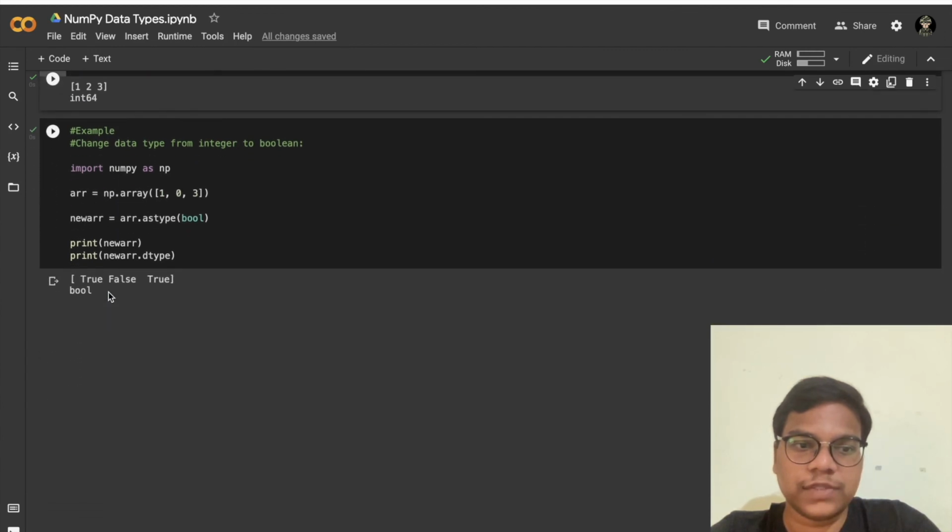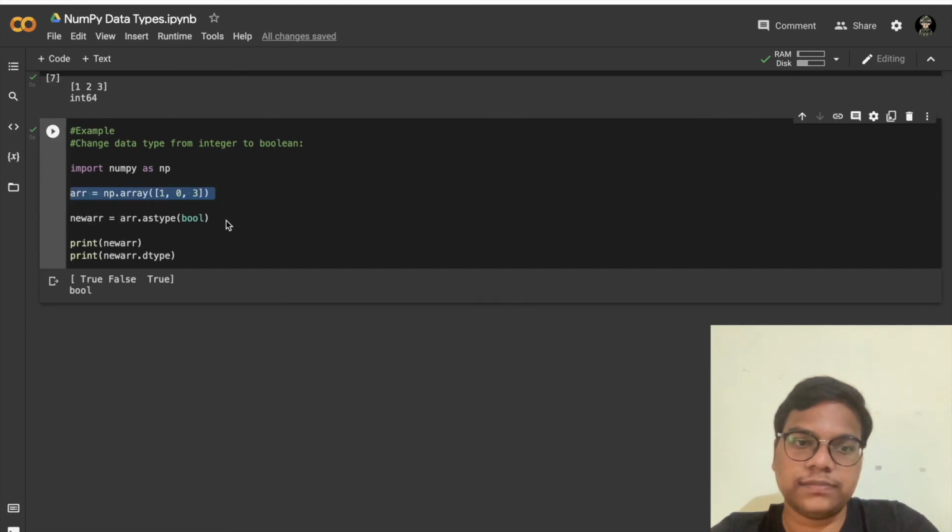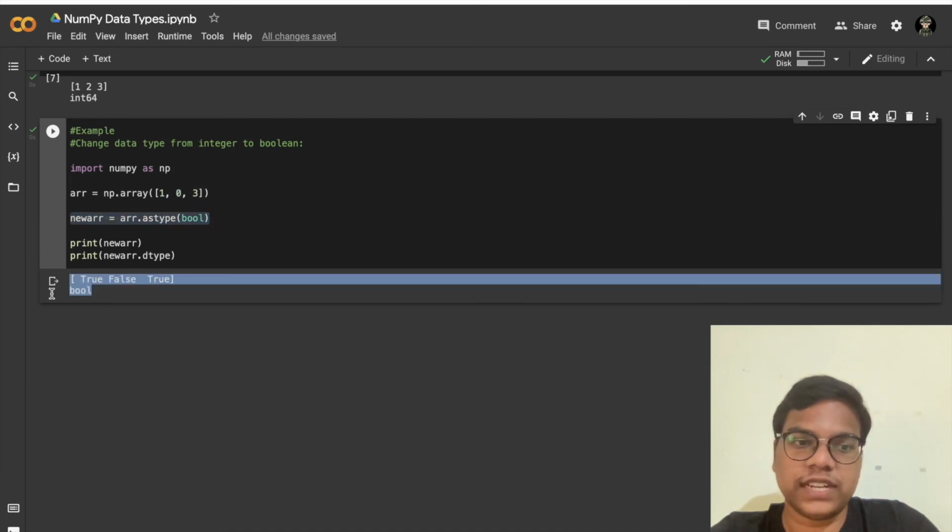In this third example, we are going to convert this array to a boolean type. So in boolean type, 0 means false and any other number is true, as you can see, and we are just checking the data type of this particular new array, that is boolean type.